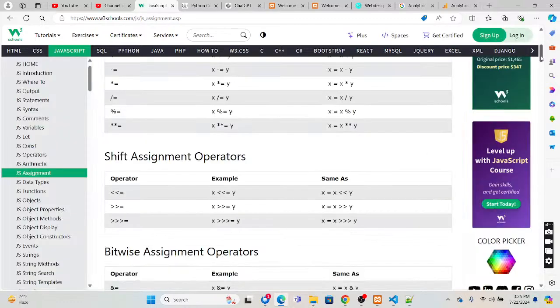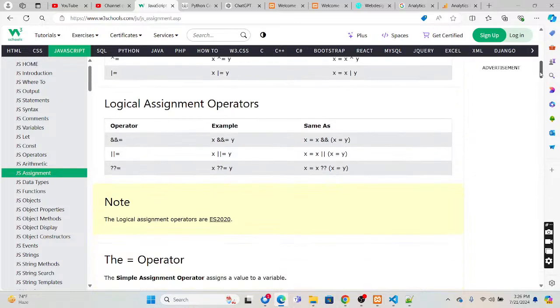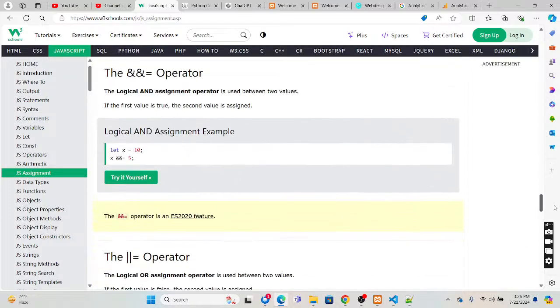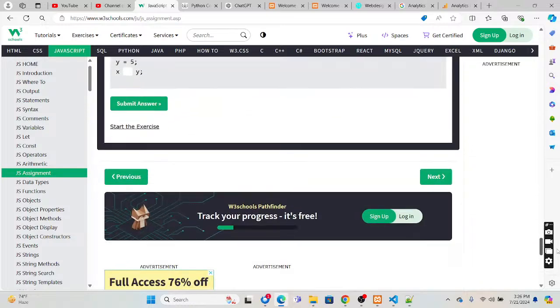Similarly, assignment operators we have seen, plus, minus, left shift, right shift assignment, bitwise operators, and logical operators, where x is equal to x and y. With the or-assignment, x is equal to x or y, which means it first checks itself and then refers to the other. Come back, try it yourself, and experiment with all these operators.